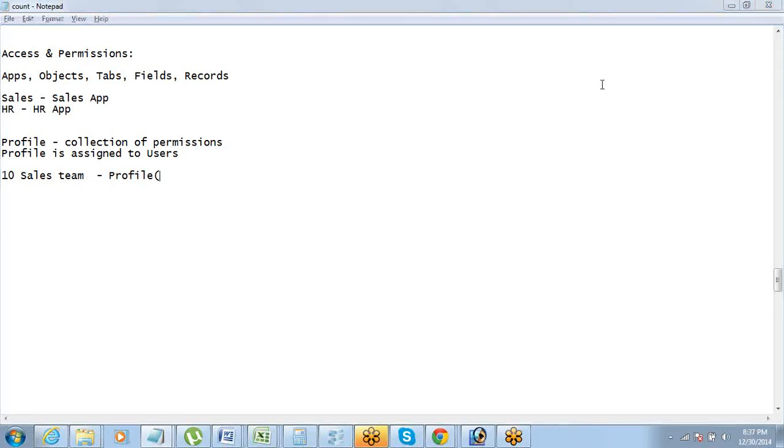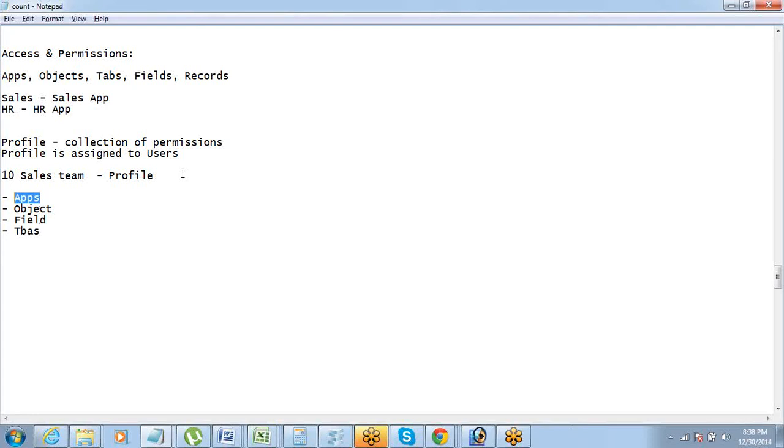Clear? So that is the logic of the profile. So what all things are controlled in a profile, what all permissions are given on a profile? Apps, which apps the user will get to see, that's a permission given on the profile. Object permissions are given on the profile. Field permissions are given on the profile. Tab permissions are given on the profile.